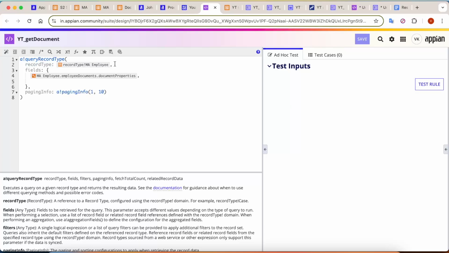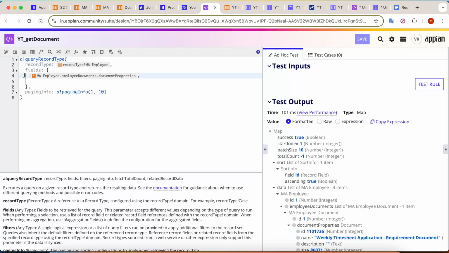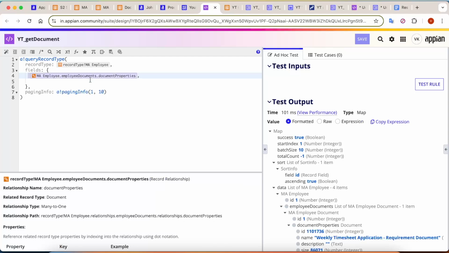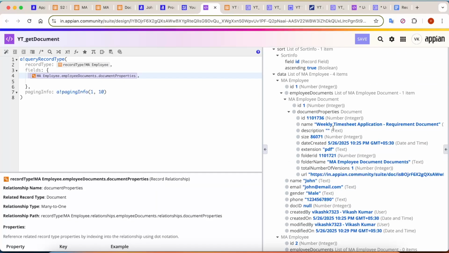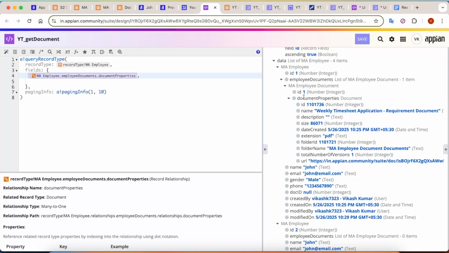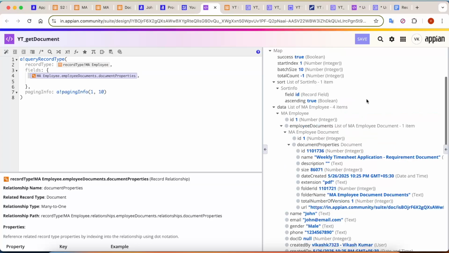For example, see, I have MA employee here, and then in the fields I have done MA employee document dot document properties. So see here, for the first employee I have uploaded a document that is a weekly timesheet, and I'm going to get the complete details in the document property. It is of document record type here. So the name of the document, the size of the document, extension is there, folder ID is there, folder name is there, total versions is there, everything that we used to get from the folder functions,